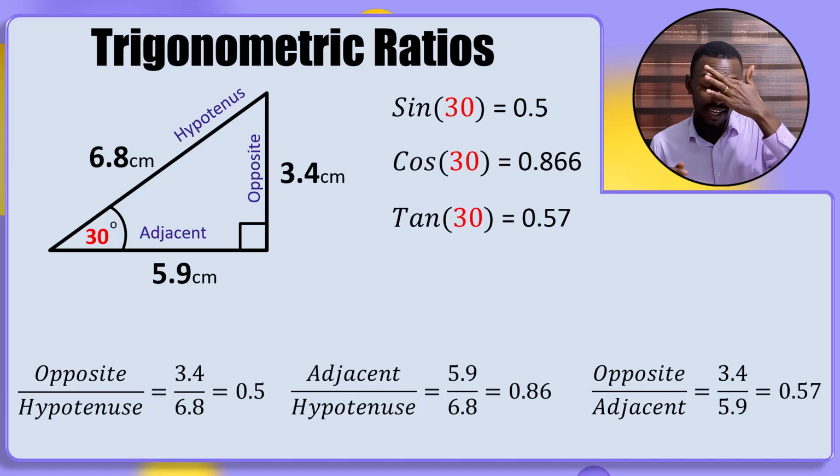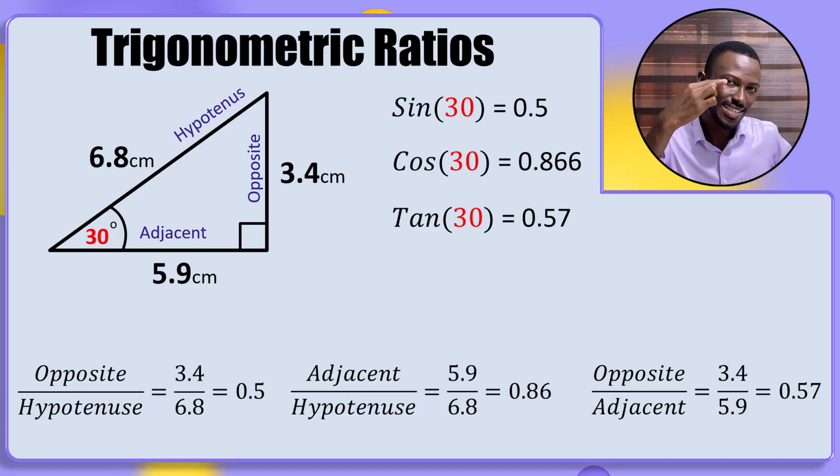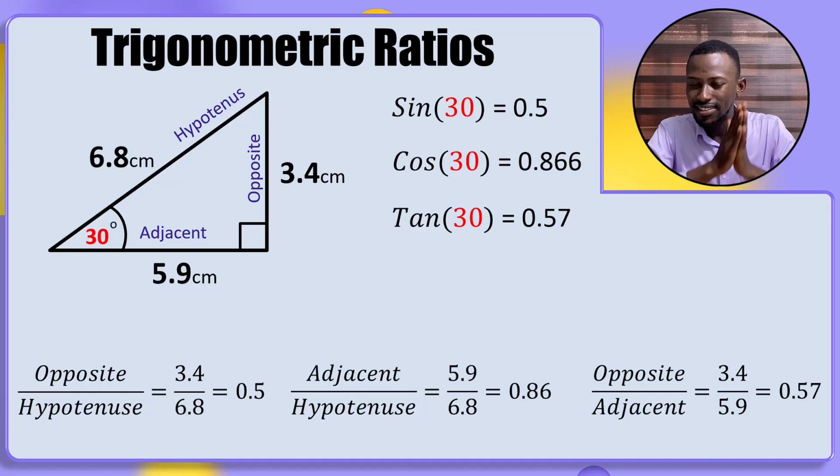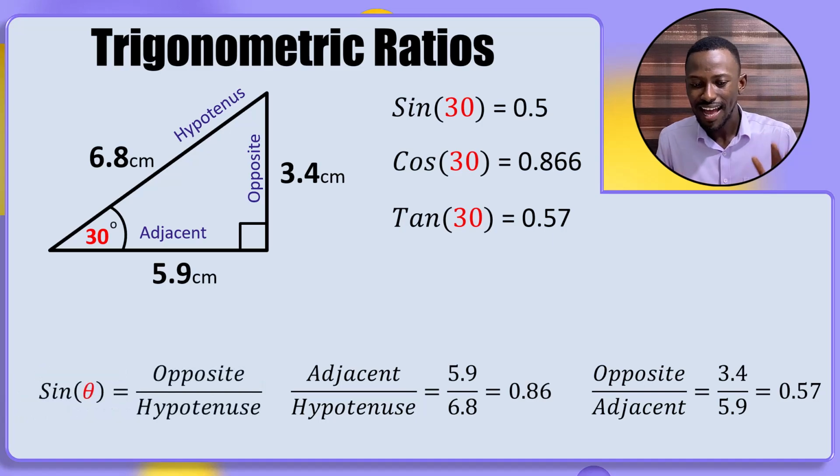Let me repeat. They realized that when you pick sine theta, where theta is the angle, the answer you get is the same as the answer you will get by dividing the opposite and the hypotenuse. So they realized this. Sine theta gave us the same answer as opposite over hypotenuse, meaning sine theta is equal